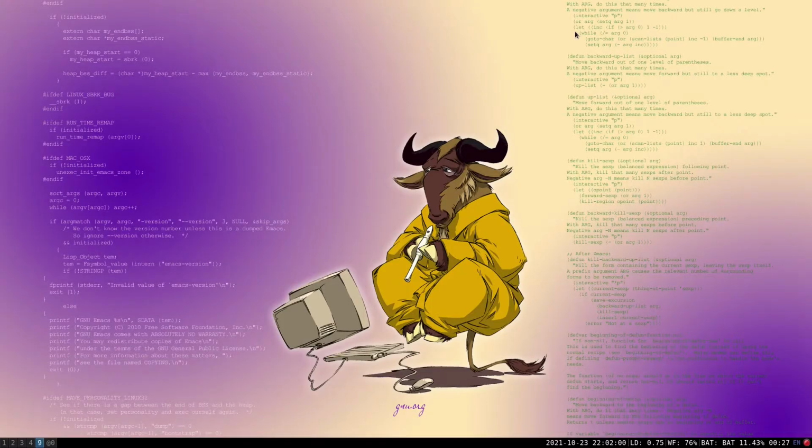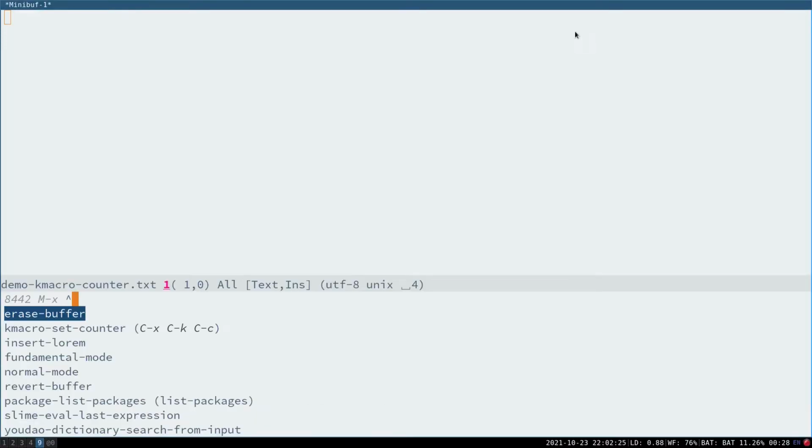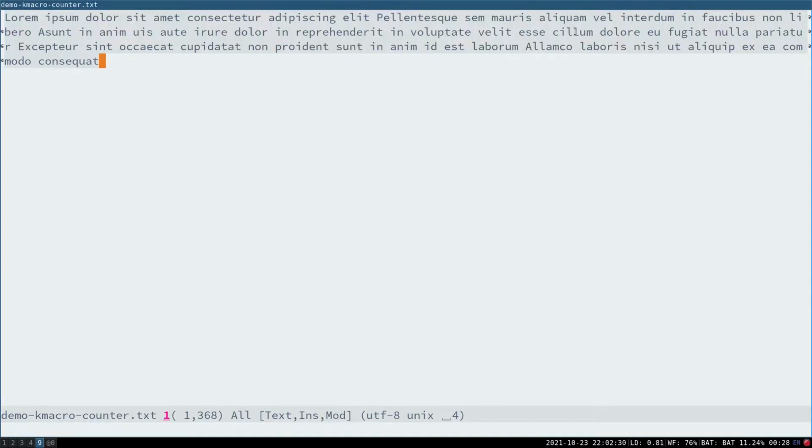Okay, in this video I will show you how to turn a massive text into a numbered list painlessly by using Emacs keyboard macros. A keyboard macro is a command defined by a user to stand for another sequence of keys. For example, we have a long paragraph like this. Our task is to turn it into a numbered list with every word as a list item.